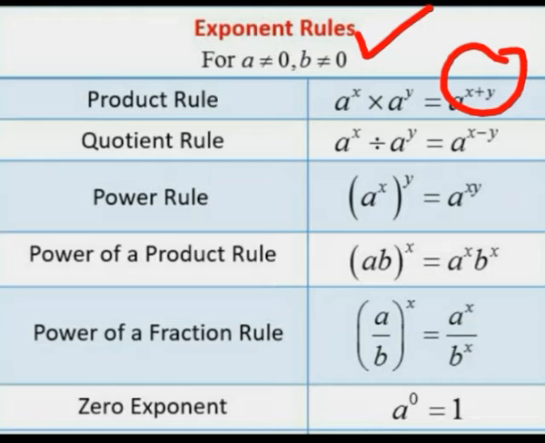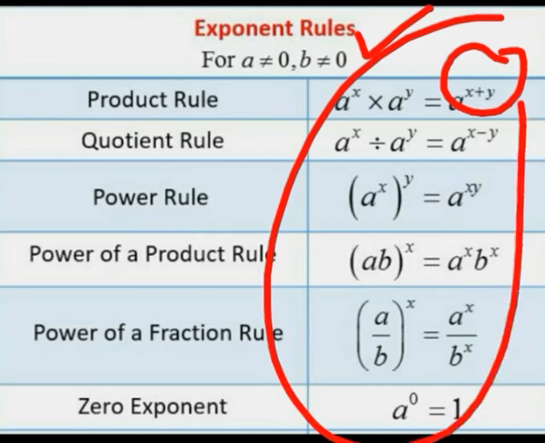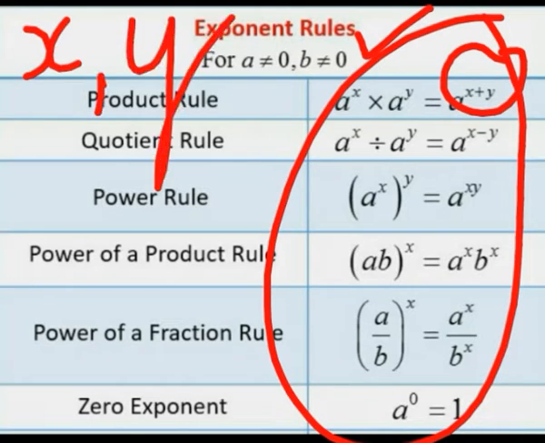You did not study negative exponents, but in this class we are going to deal with negative exponents also. So here again we are going to use all these laws of exponents only, but here x and y will be integers. They will not stick to only natural numbers. They can be positive integers, they can be negative integers. It means that if a and b are non-zero integers and x and y, which are the exponents, are any integers, then also these laws of exponents will be applicable.